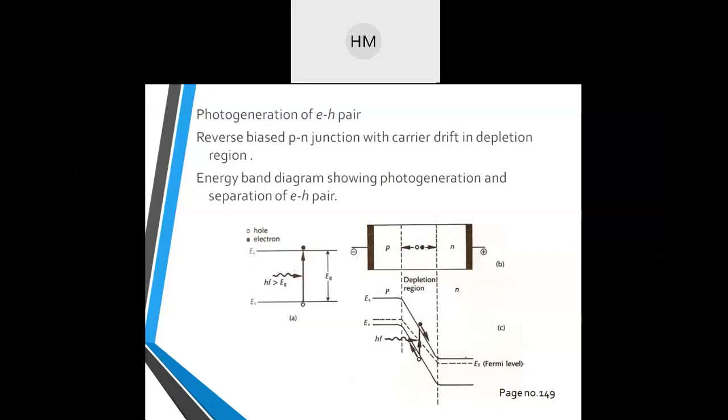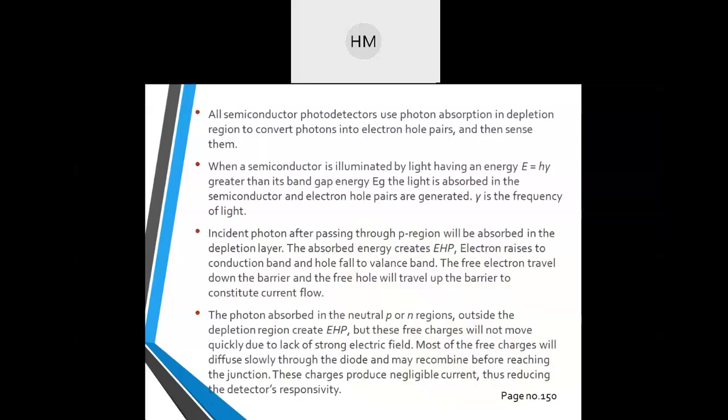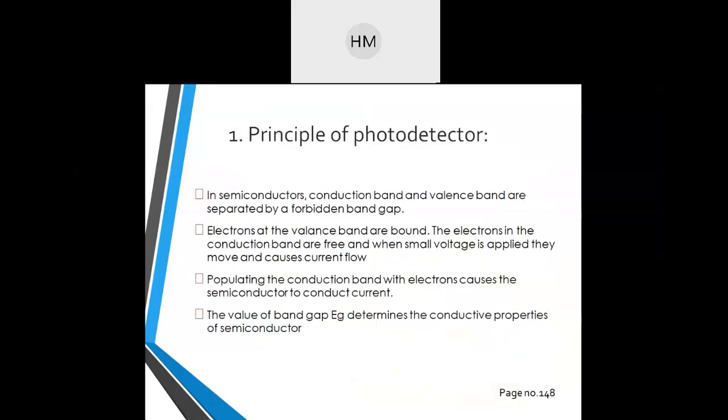Okay, and see students, what are the advantages of a detector? What should the basic requirements be? High sensitivity, high fidelity, large electrical response, short response time. These are the basic requirements: stability, small size. It should be low cost, with long operating life. These are the basic parameters to design any kind of photodetector.